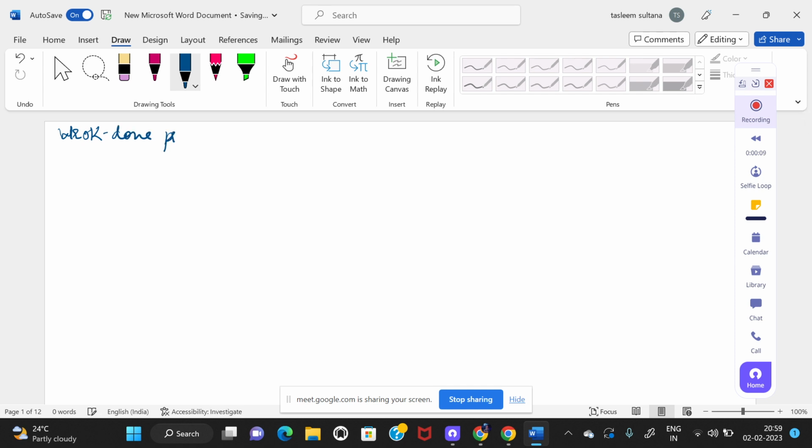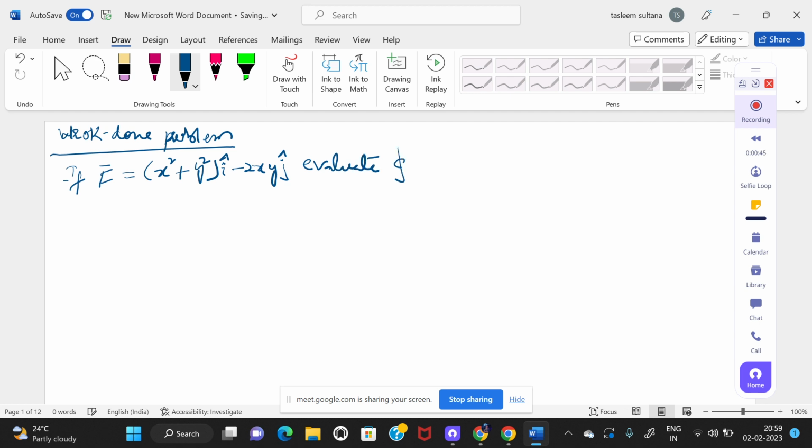Work done problem. If F vector is equal to (x square plus y square) into i vector minus 2xy into j vector, evaluate the integration over C of F vector dot dr vector,